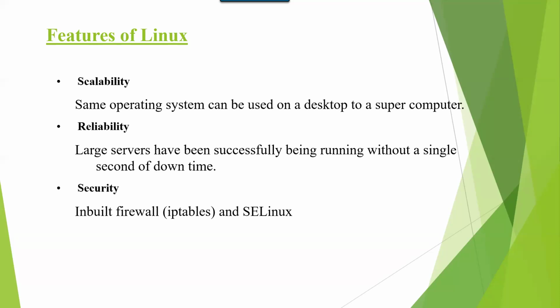And there is an inbuilt kernel also, which is an interface between the shell and hardware. Before transferring the data to the hardware environment, the kernel first checks whether the data is supported by the hardware environment or not. If the data is supported by our hardware, then only it transfers the data to hardware. If something is coming which is not supported by the hardware environment, it rejects it back. About this kernel, I will explain in the shell classes. So these are a few reasons why Linux is secure. These points I will show practically also.